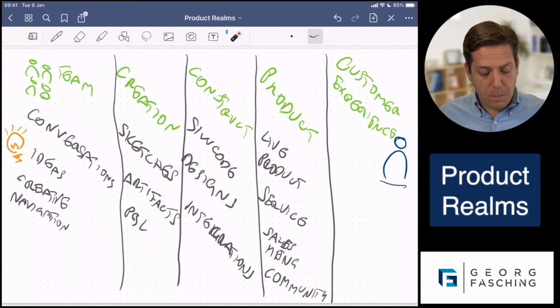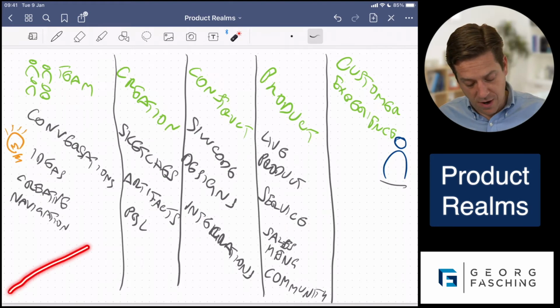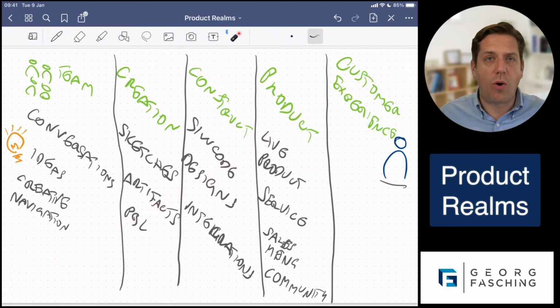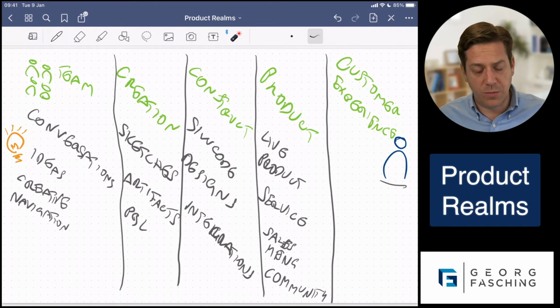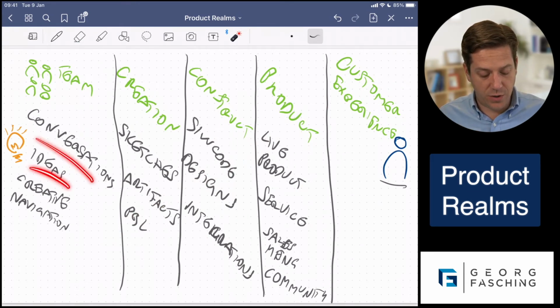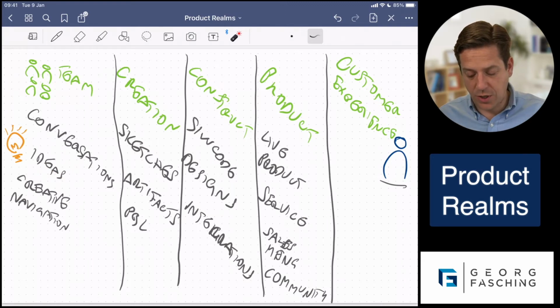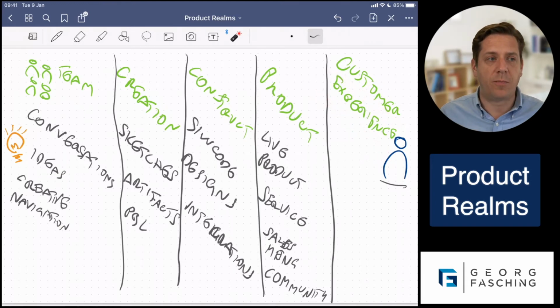Firstly, our cost of change increases over time. Our cost of change, how costly is it in terms of time and materials in order to make a change to the product as we see it? It is very low in the beginning and grows over the course of the different realms as it goes through it, right? It doesn't cost a lot to have another conversation to think about something different, but it can potentially cost a lot in order to recover from a botched market introduction of a product.